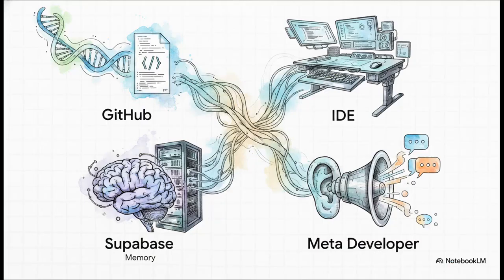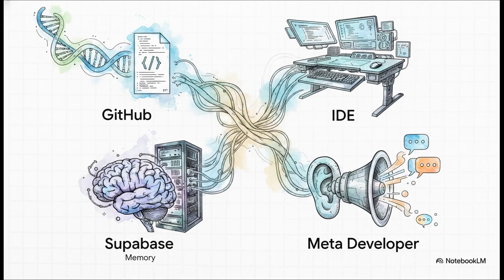To successfully build this CRM, you're going to need 4 essential tools. You can think of these like the anatomy of our project. First up, GitHub. This is where the open source code lives. It's basically the project's DNA. Second is your IDE, which is just your workstation. Third is Supabase. Supabase acts as the brain and memory bank of your CRM, holding all your contacts and messages. And fourth, a Meta developer account. This acts as the mouth and ears of your CRM, allowing it to actually send and receive messages out there